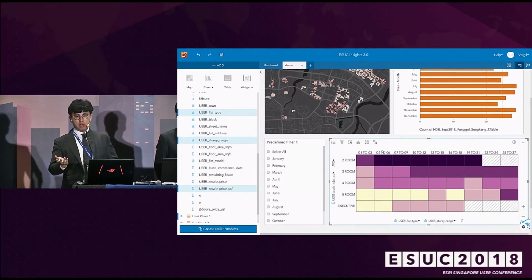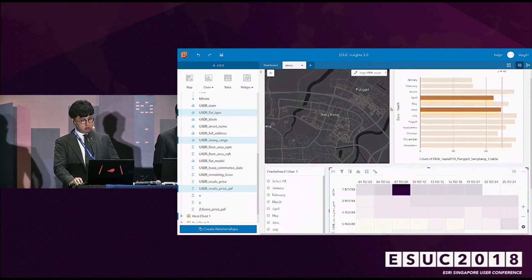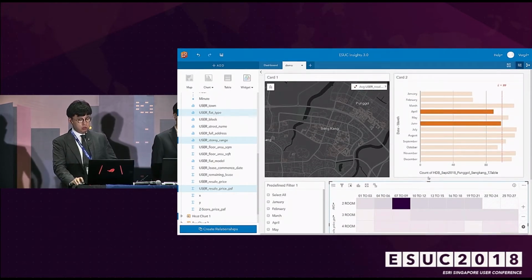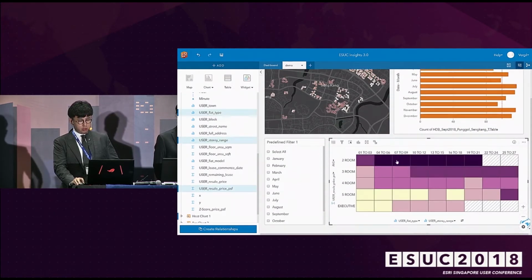It can also be a requirement that your client specifically told you, okay, I want a 2-bedroom. I'm looking at somewhere between 7 and 12. Then you can basically check this, and not only will this seasonality chart now update to tell you which months the sales are happening, the maps will also update to show you where they are located.